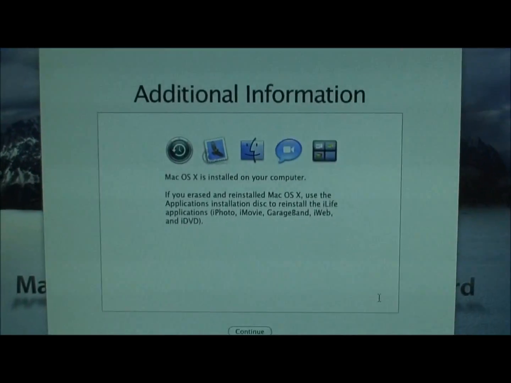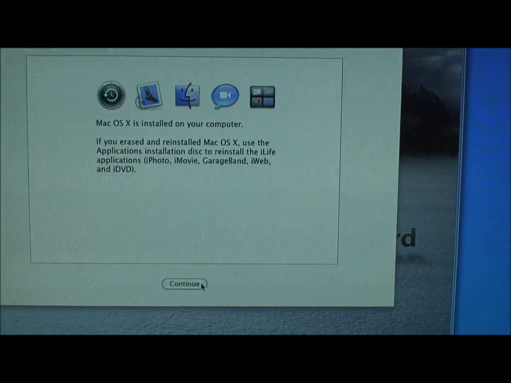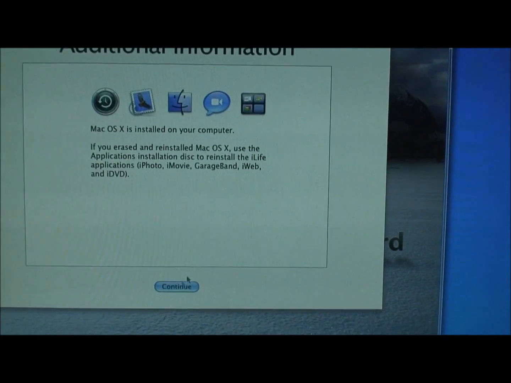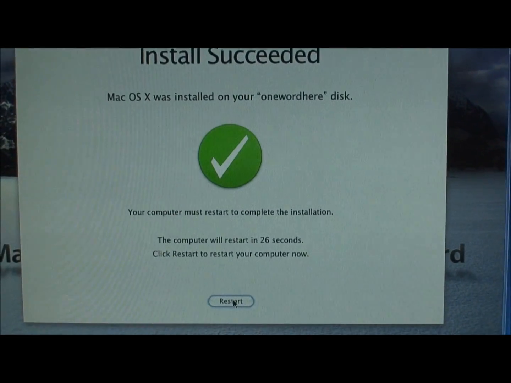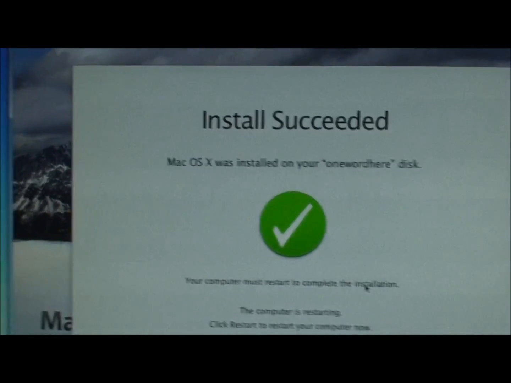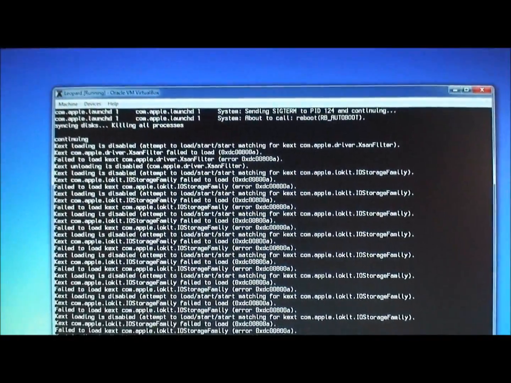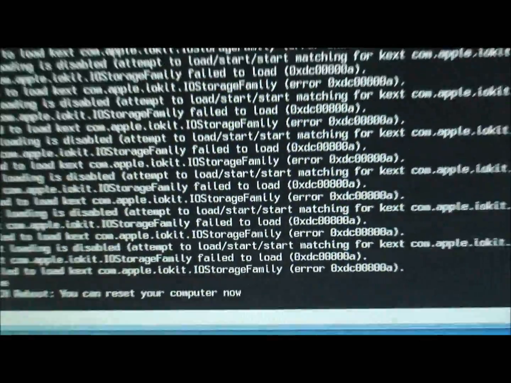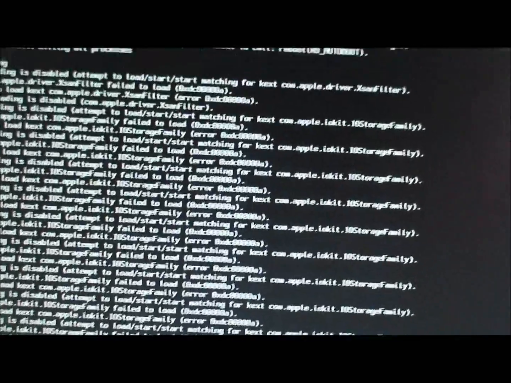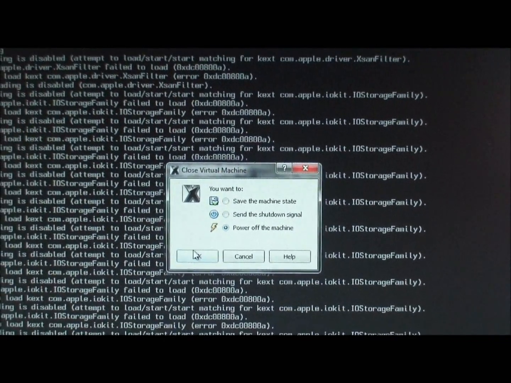Okay guys, so the installation has finished. That took around 20 or so minutes. So next you want to click continue. It will load. Then it tells you to restart your computer. So just click restart. And usually I get stuck on a gray screen, just like this one. So it says you can reset your computer now. So now you can just click the X up here, click power off the machine,